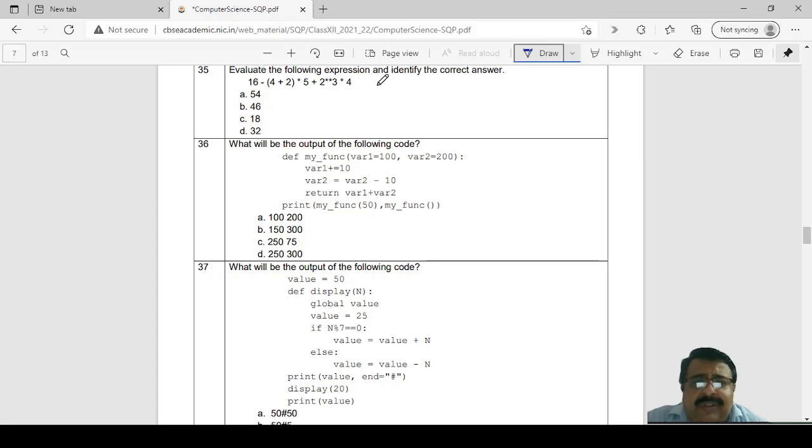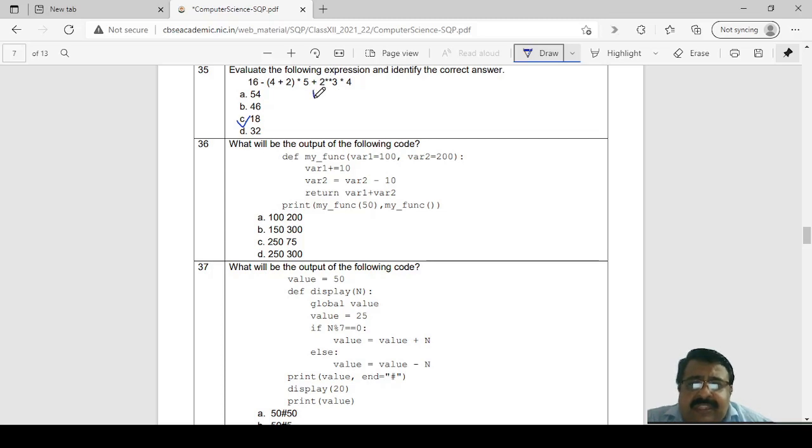Evaluate the following expression and identify the correct answer. Okay. So this you can very easily evaluate. The answer is 18. Now, how? So, first of all, what you need to do is solve it by using the operator hierarchy.